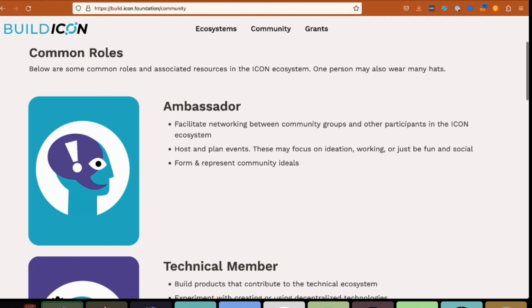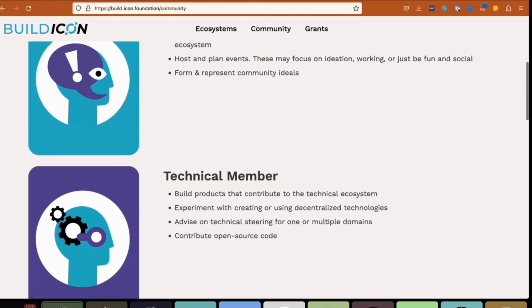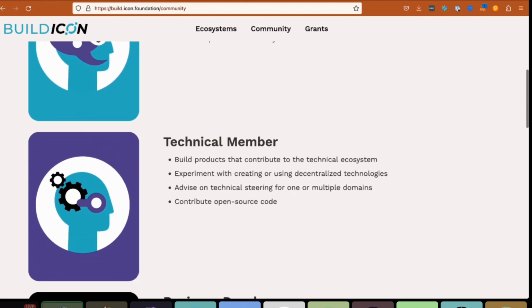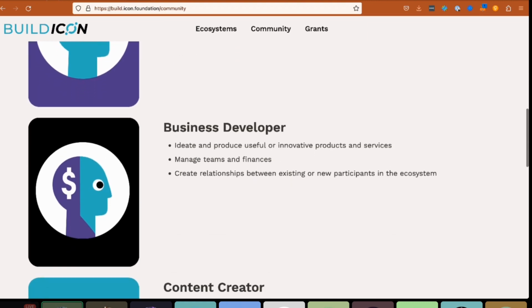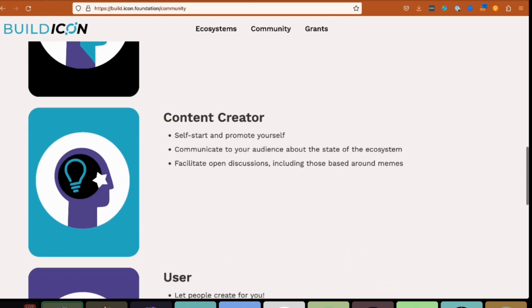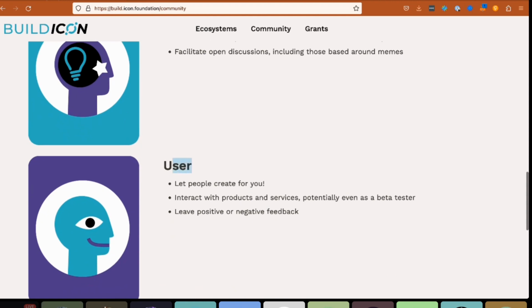The way I structured the definition of it through the builder program is by defining the ambassador as a person who facilitates communication and hosts events, the technical member who builds products, the business developer who creates ideas and manages teams, the content creator who makes videos, writes articles, communicates, the user who interacts with the product.